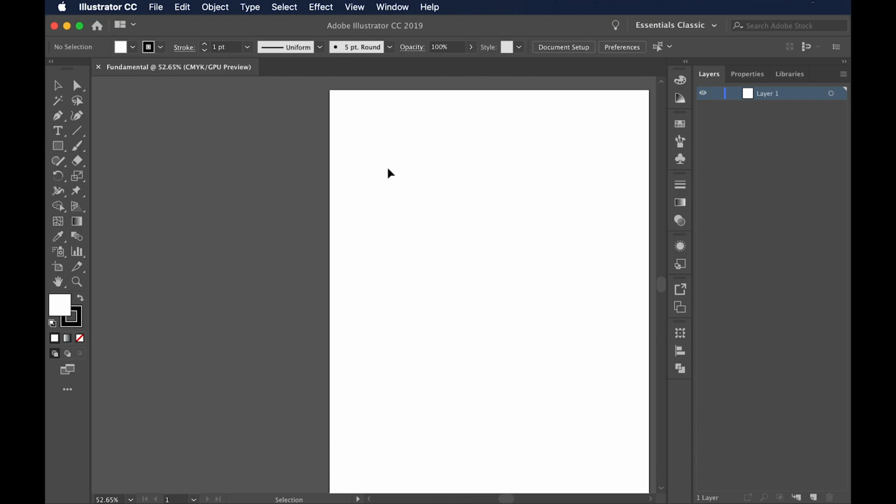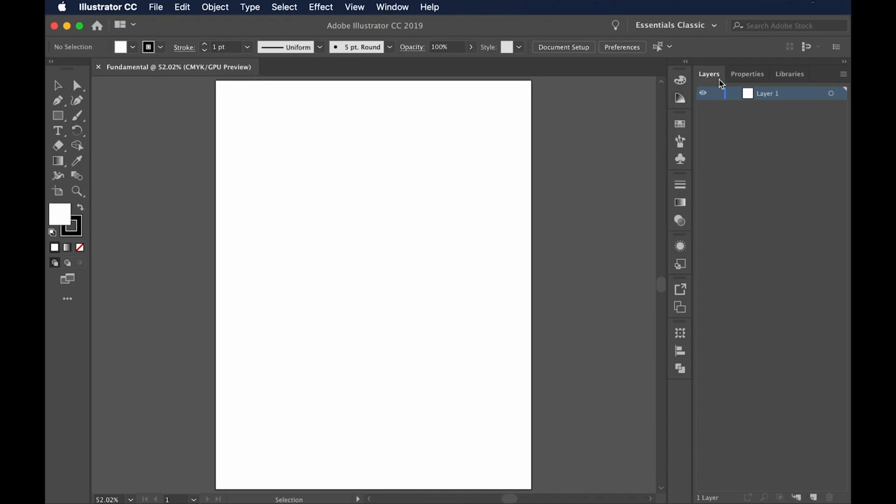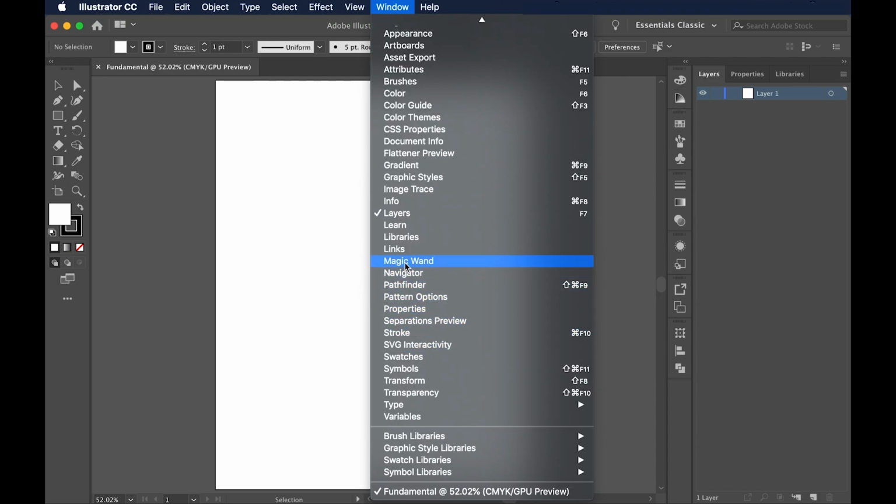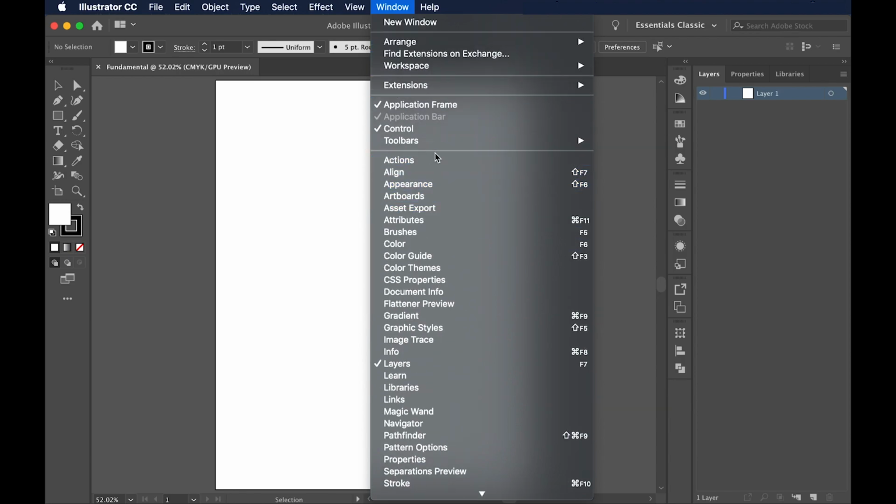Now this is your workspace. On your right hand side are the layers and properties. These two are the most important or most used functionalities, and your left hand side is the tools. So if you couldn't find either of these two, you can just click window and then tick the properties, which is this one, and then for the tools you go to tools bar,